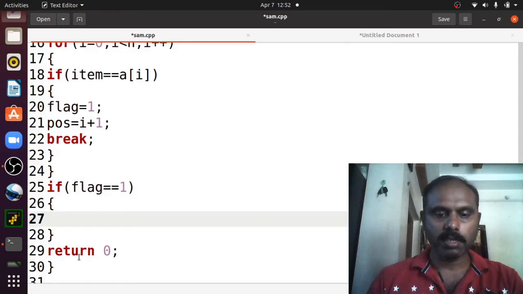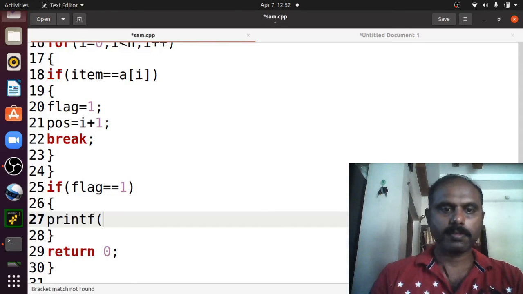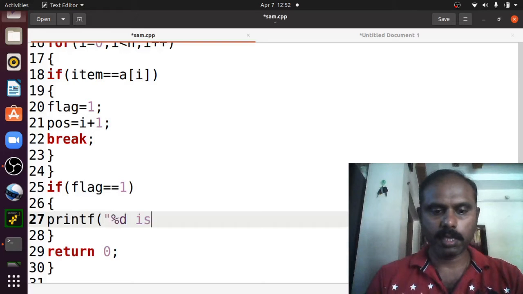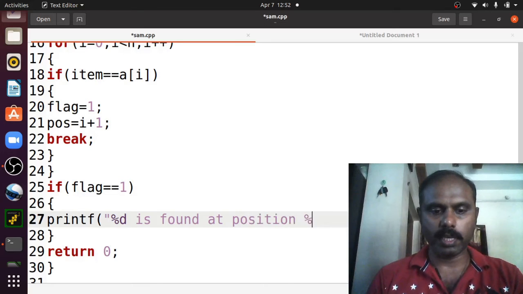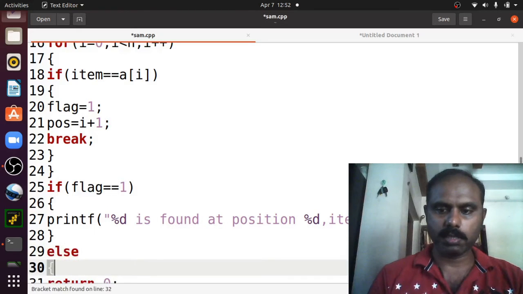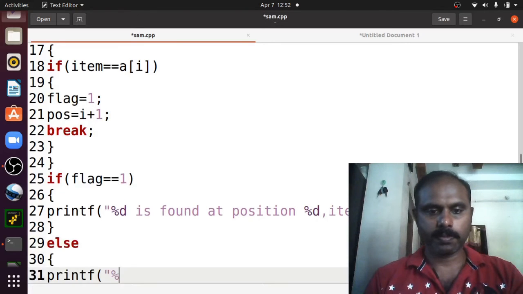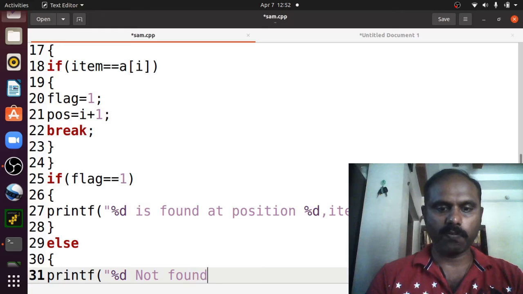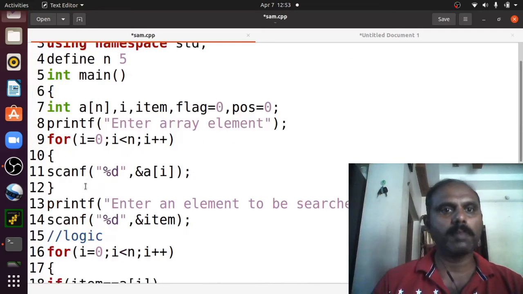If flag is 1, then you can say %d is found at position %d, that is item found at position pos. Else you can say printf %d not found, that is item not found. So this is the logic for your complete linear search.